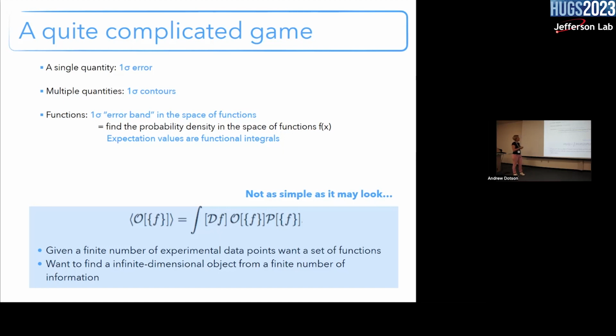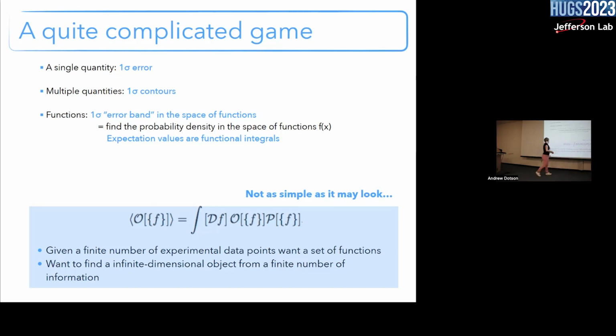So what you really want to do is find the probability density in the space of functions f(x). Once you have the probability density, you can calculate expectation values for the function, or the uncertainty, like functional integrals weighted by the probability density distribution that you calculate, okay? So this is what I mean: you have an observable that depends on the PDF, and you integrate over the functional space of the PDFs, over the observables weighted by the probability that you have